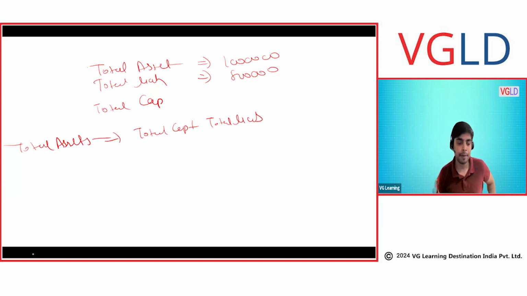Very good, very good. Everybody has given the correct answer. Anyone who's not clear, please tell me. This is very simple. I know many of you will be thinking what Vishal is teaching right now. But please understand, this is very basic. I don't want any confusion here. That's why I'm spending time.